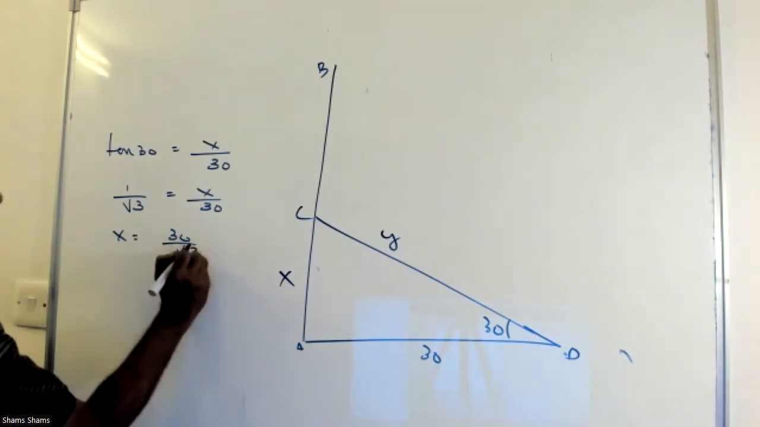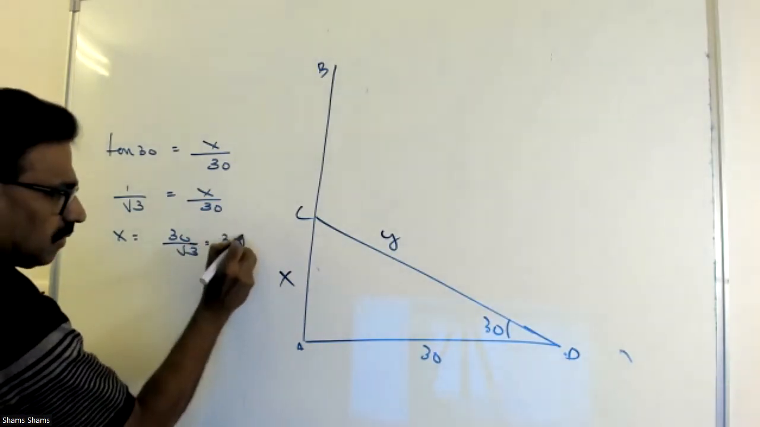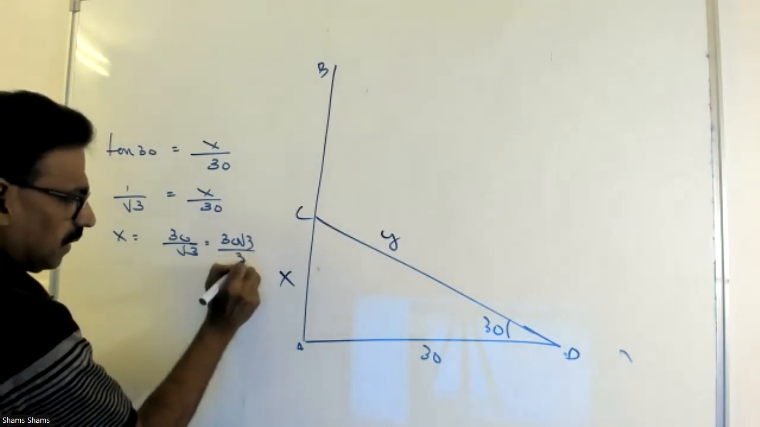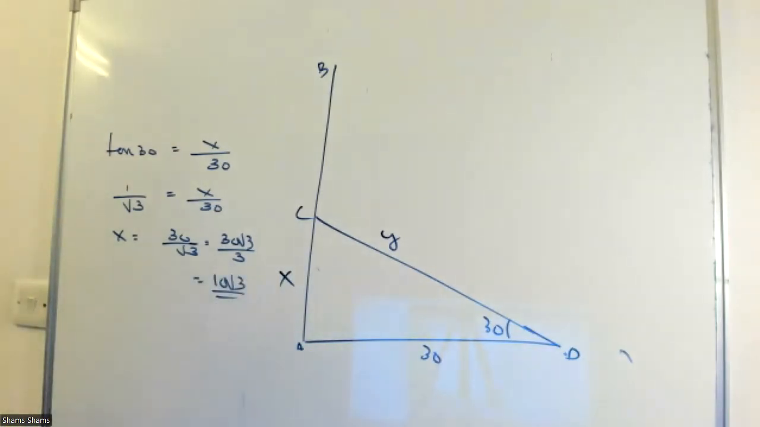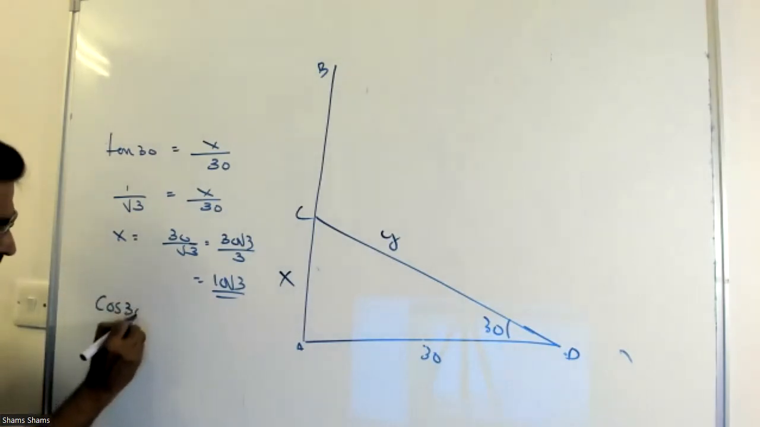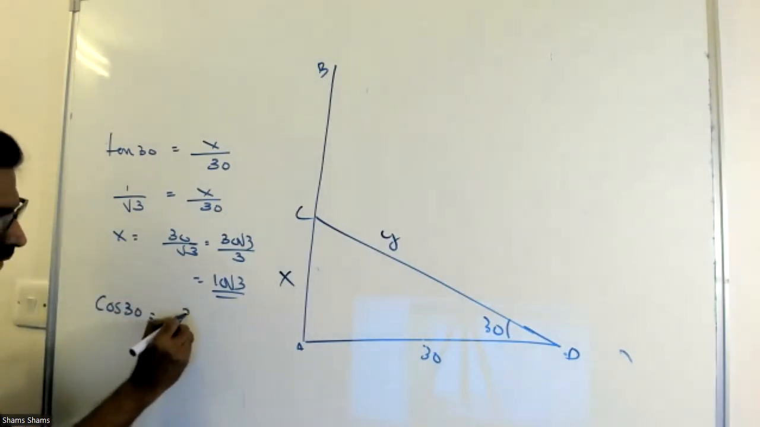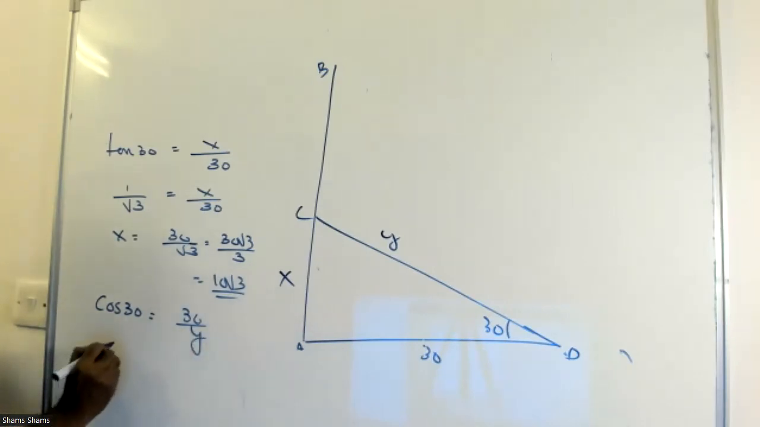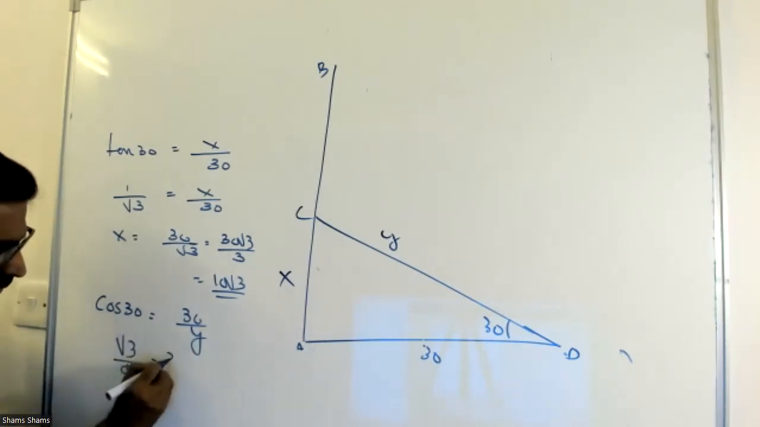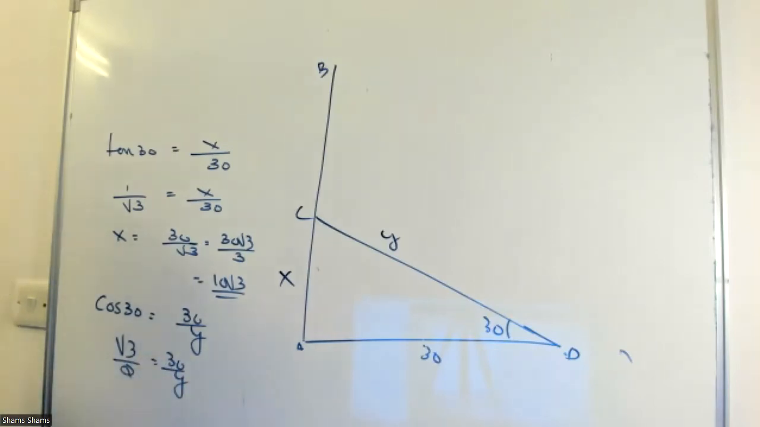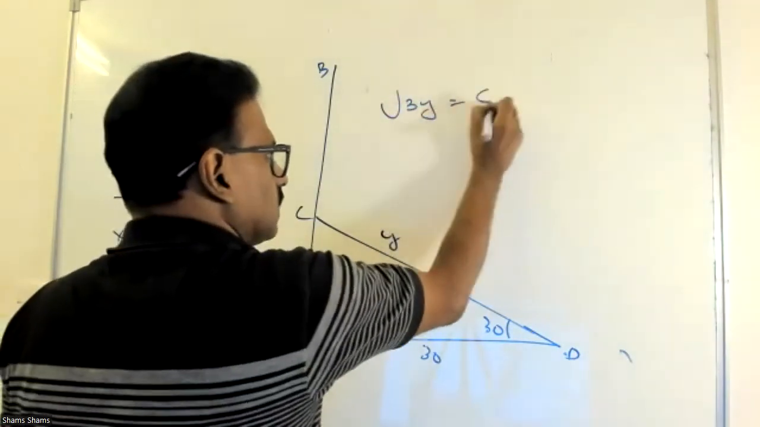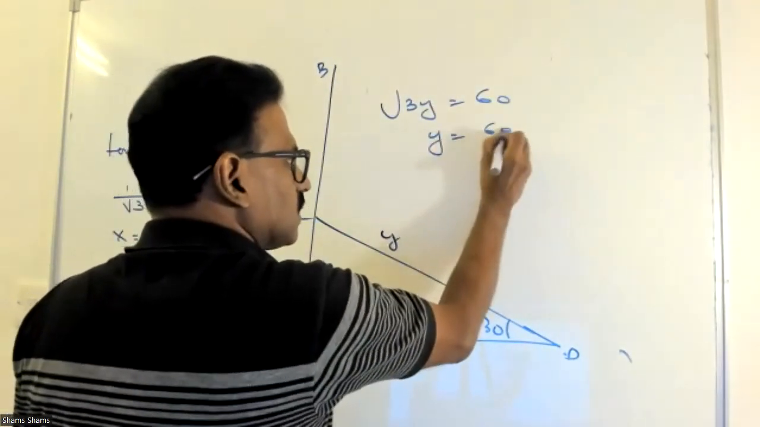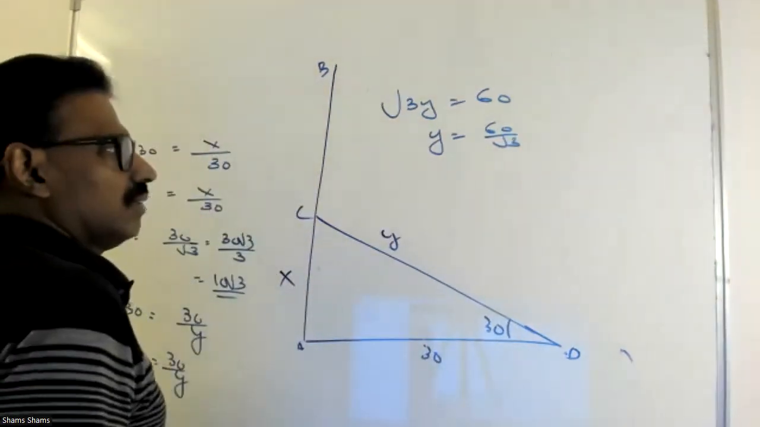Okay, so that is 30 root 3 by 3. 15, 10 root 3. Okay, x is 10 root 3. Now connecting these two. Cos 30 = 30 by y. Cos 30, root 3 by 2, equal to 30 by y. So root 3 y equal to 60. y equal to 60 by root 3. Okay, that is